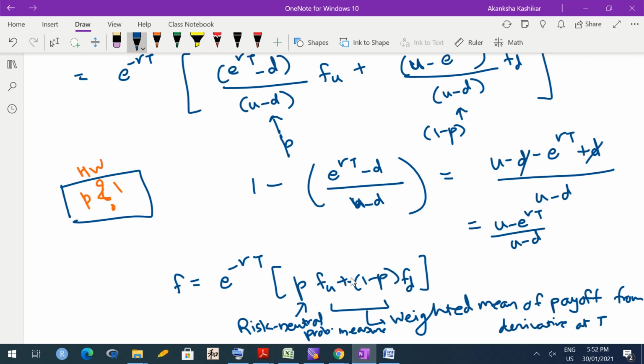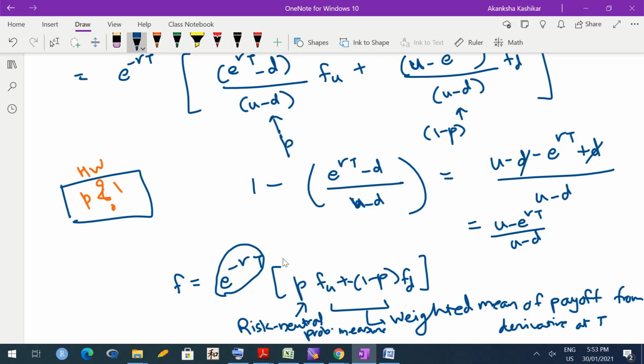So this becomes the expected payoff at time T, and you are just discounting back that payoff to get its equivalent version at time 0. So this is a completely expected output. Any derivative is worth its own payoff; you just have to discount back. So this is the expected payoff at time T under the risk neutral scenario, and you are discounting it back by this factor. So this is the binomial tree model for option pricing.